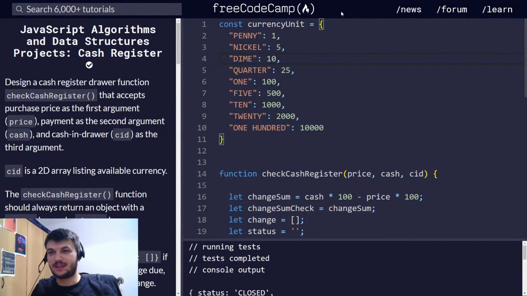So this is the last video for JavaScript algorithms and data structures projects, and we're going to write a cash register. Okay, so for this one I have already written my code, and I'm going to go through it line by line with you. Okay, it's easier that way because it's a bit more complicated and there are more edge cases. Now, what we need to do is we need to design a cash register drawer function, check cash register